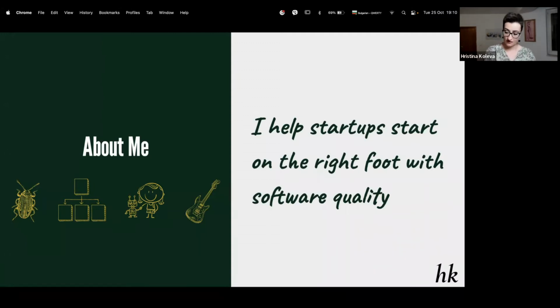They might have been writing unit tests, and probably someone from the business has been testing for them, but they have never really worked in a systematic, thorough manner about testing and quality. They're literally lost in translation about it. So I help startups start on the right foot with software quality because everything else is already too late.